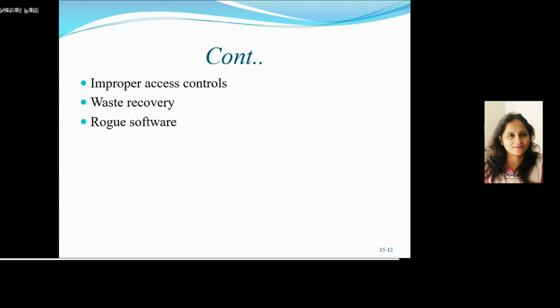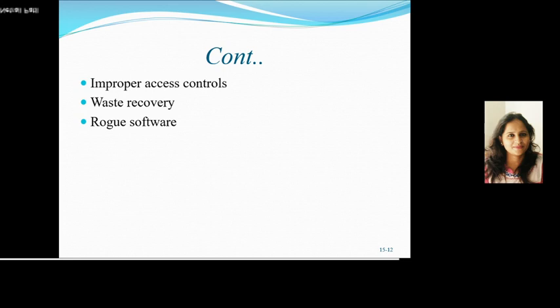Next one is improper access control, which means some administrator may not plan for all rights. So some users may have more access and some users have very little access. Wastage recovery means if a block is deleted, its information remains as it is until it is allocated to another file. An intruder may use some mechanism to scan these blocks.